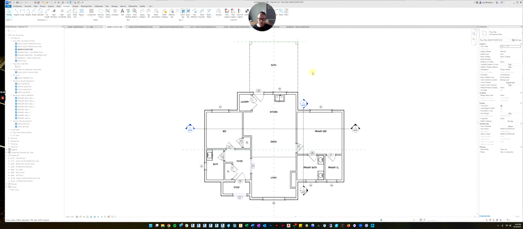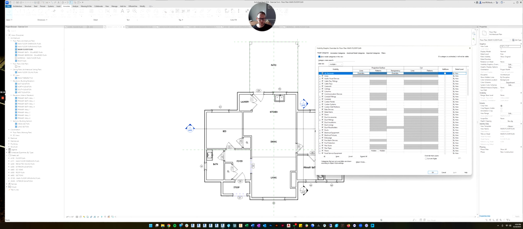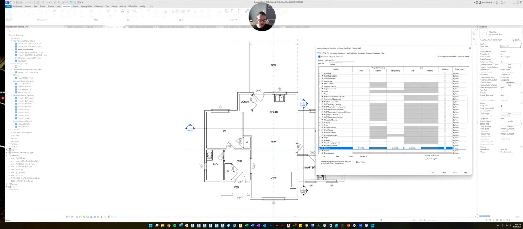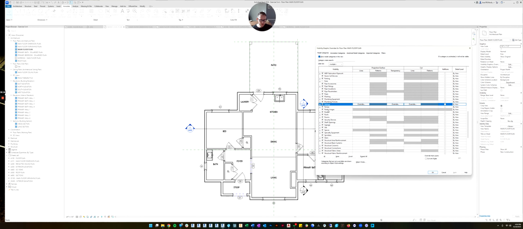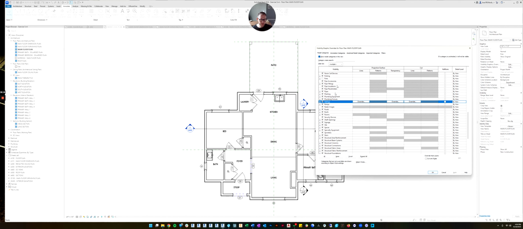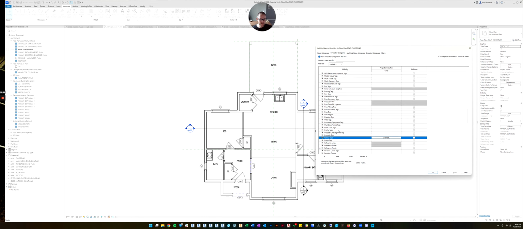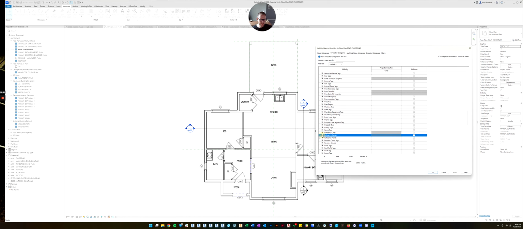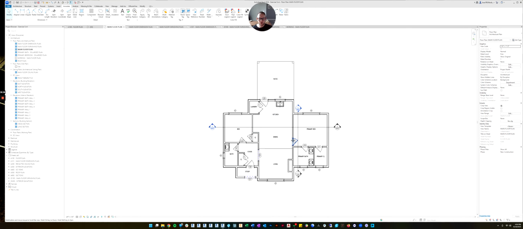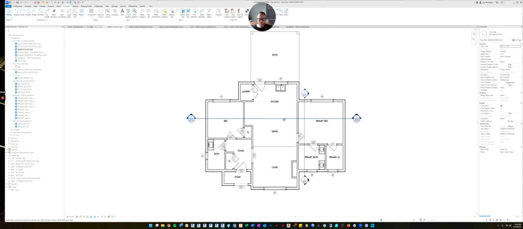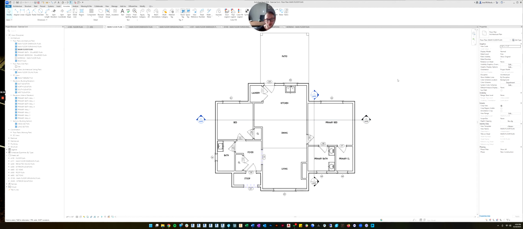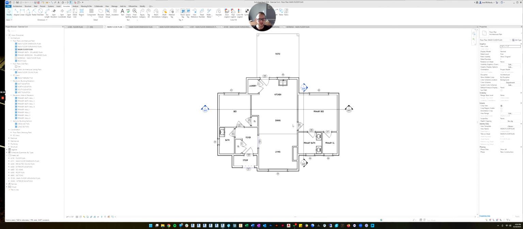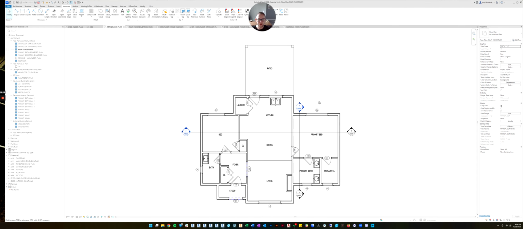The other thing I'm going to do is go to the visibility graphics and shut off the reference planes. So if we go to the R's, oh, it's an annotation category. So let's go to the R's in the annotation. Reference planes, let's shut those off and click OK. So now we don't have the dotted lines either. And now it's looking like a really good floor plan. We've tagged the rooms, the doors, the windows. If this was a commercial project, we'd also tag the walls. But since it's not, we're not going to do that. So we're just going to leave that for now, looking the way it is.